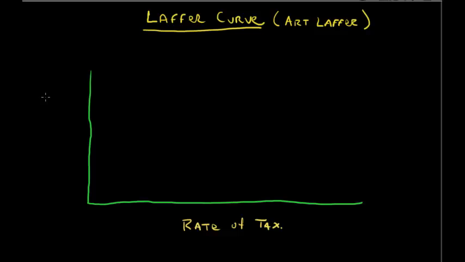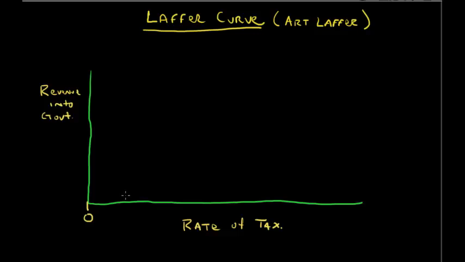And then on this axis, we're going to put the amount of revenue into the government. So this is actual dollars collected. We have a certain rate. How much will that translate into actual revenue collected? So the first place that we want to start with this argument is right here